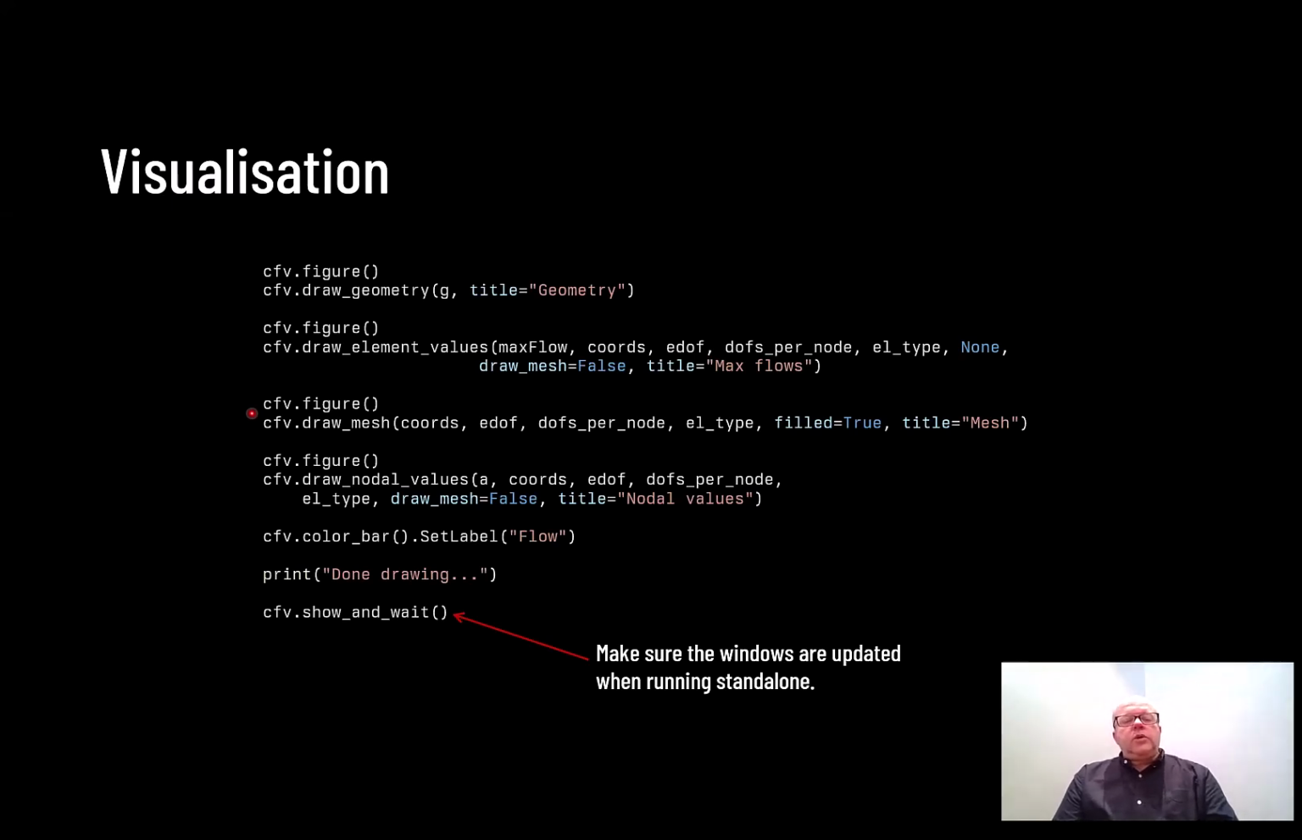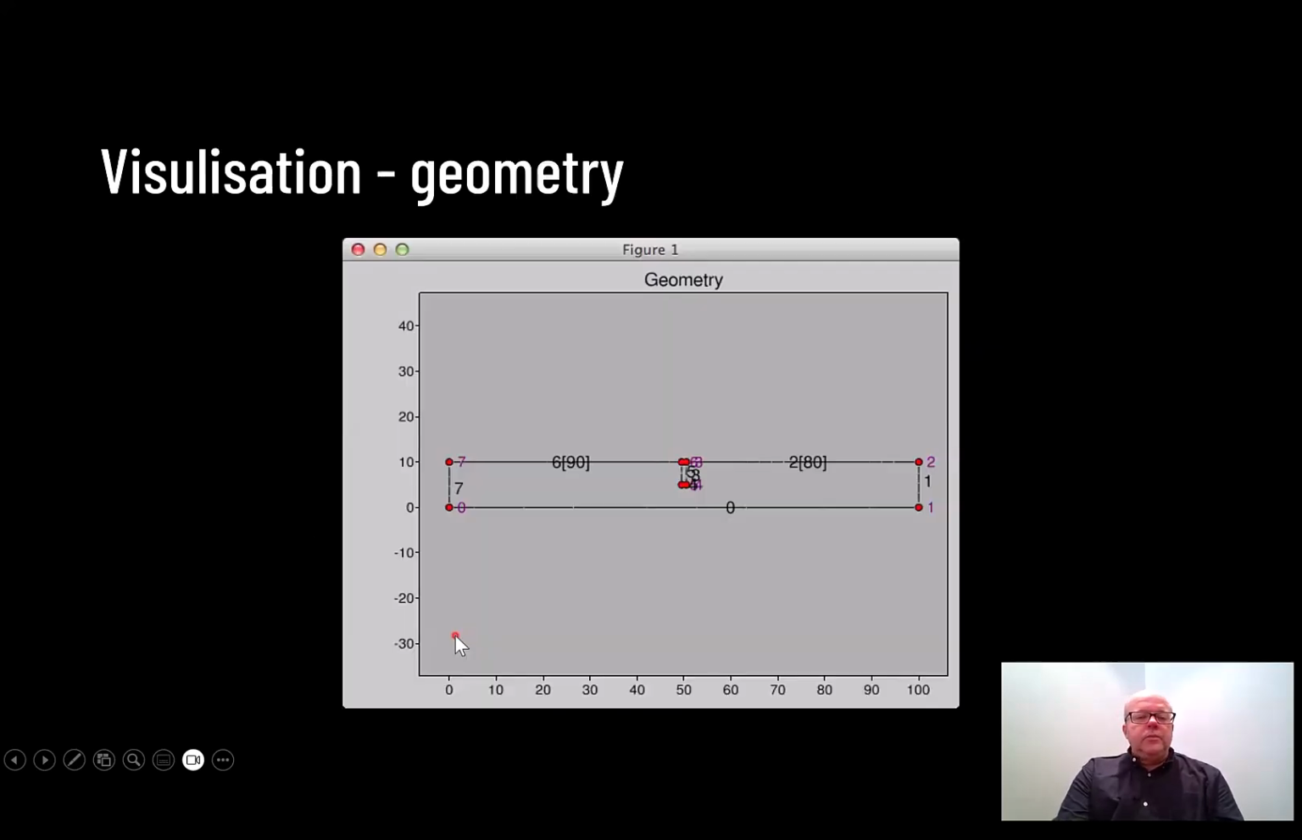Next, we can visualize our model as well. So we have a figure, draw geometry. You can see there is a special command for drawing the geometry. We have draw element values. We have draw mesh, and there are many parameters here that you can specify to control the layout of your plot. You have draw nodal values, and we draw color bar here as well. Then if we are running it standalone, you need to do show and wait at the end here. So if everything works, you should get something like this,